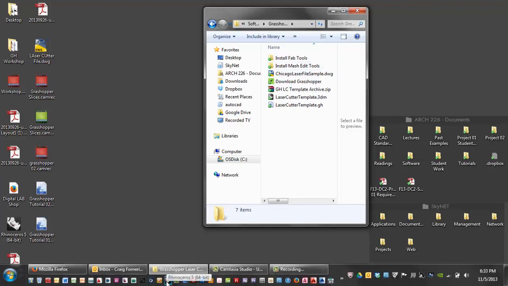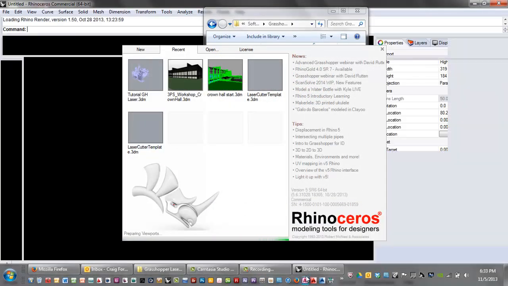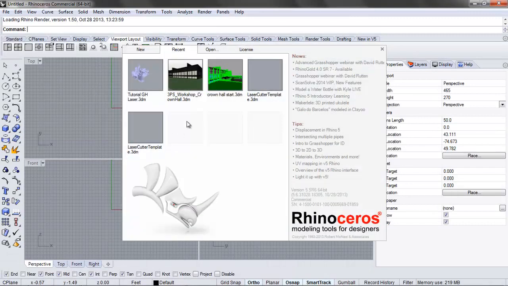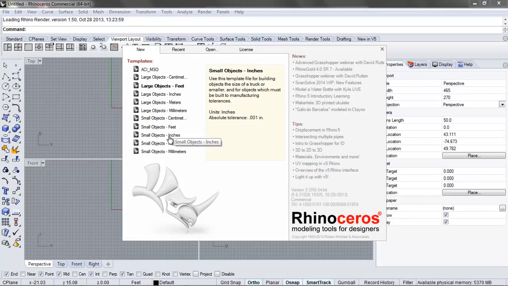So what I'll do at this time is fire up Rhino. Then it's going to ask us to open a template. This is where the templates really come in handy. If I want my Grasshopper sliders to read, they're otherwise a unitless number. If I want them to read in inches, I should start with one of these inch templates. In our case, it's a small object, only 12 inches, so we'll do the small objects inches. If I wanted my Grasshopper sliders to read in feet, I would choose one that's in feet. So I'm going to start with the small objects inches